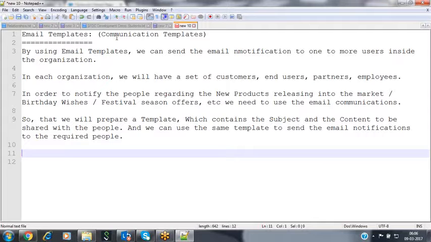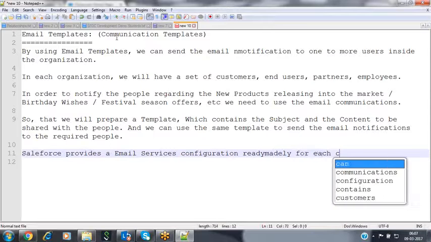So now, Salesforce provides the email services configuration ready-made for each customer.